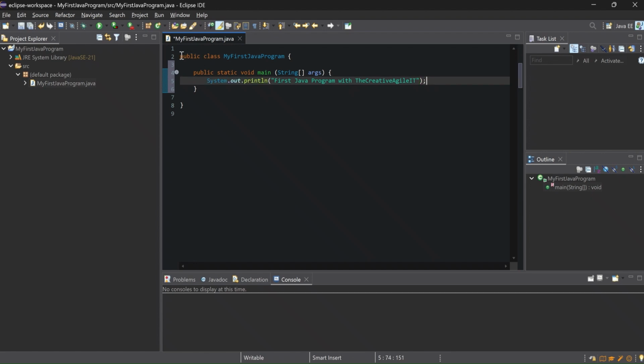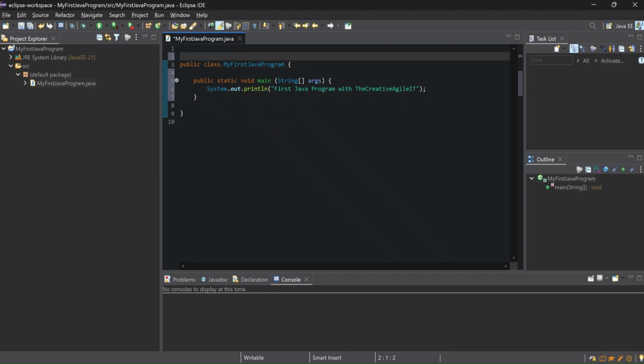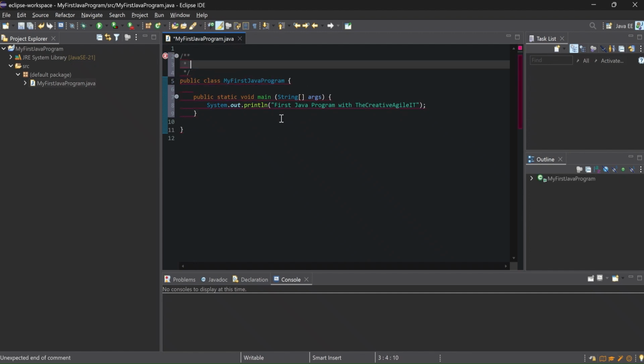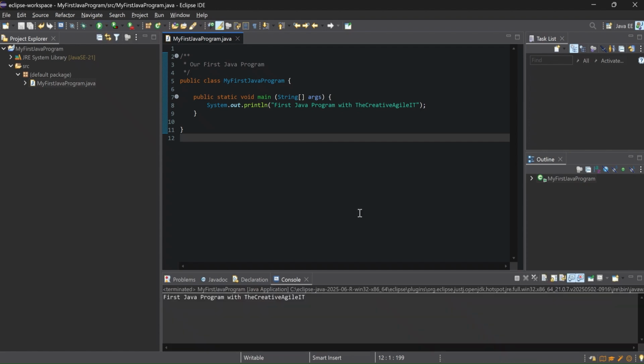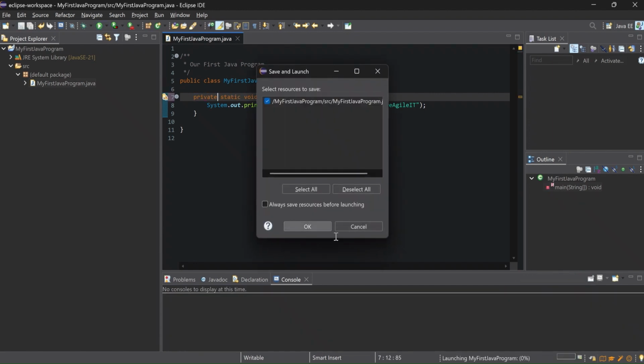And also it allows us to write a comment. So we can say, okay, our first Java program. So now what we can do is we can save from here. And if I click on run my first Java program, it has listed this particular output on the console. And let's say if instead of public, it was private, what it will do. So if I run this one,